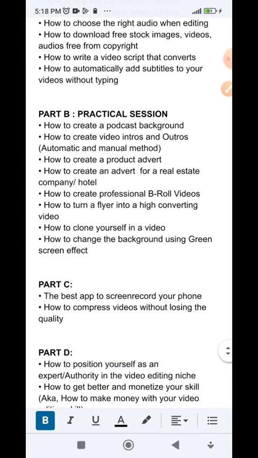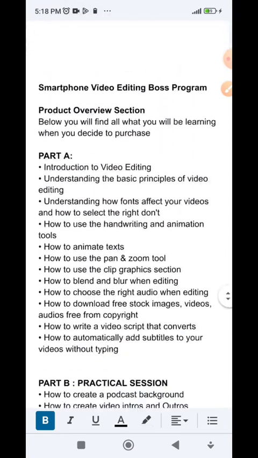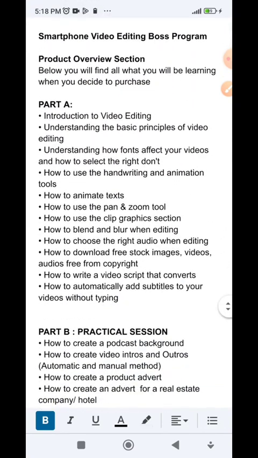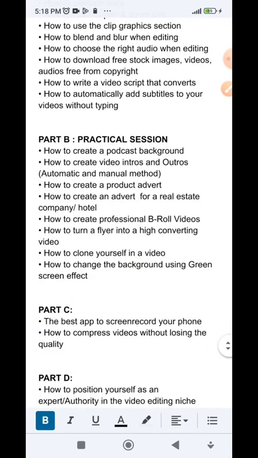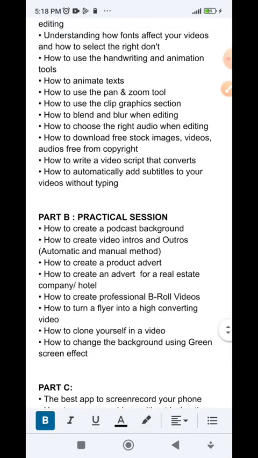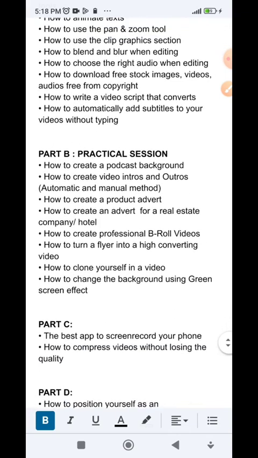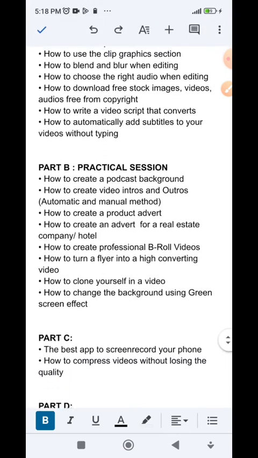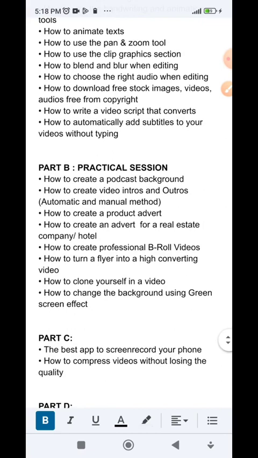Then this program is divided into certain parts, so this is not something that is just random, we didn't just jam-pack it. If you notice, part A is the basic understanding of what you are doing. Then part B will start the practical. So please don't jump. By the time you sign up for this program, don't jump into part B when you've not started part A. Get the basic understanding from part A, and in part B he will be teaching you